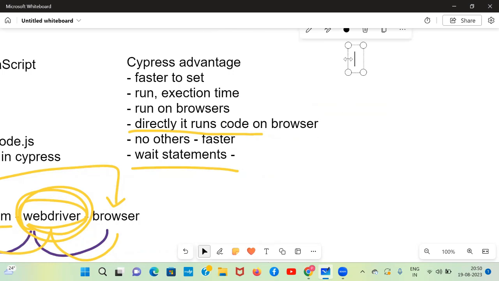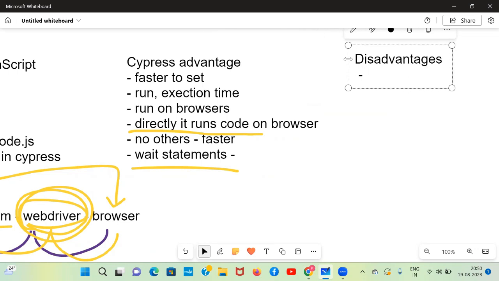Now what are the disadvantages? Disadvantages are the flaws it may have. Everything has advantages and disadvantages. I'm saying Cypress commands run directly on a browser, but it doesn't mean Cypress has only advantages. Cypress also has some disadvantages. Cypress supports only three browsers. It supports the Chrome browser,